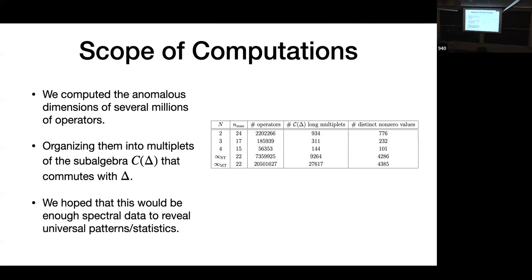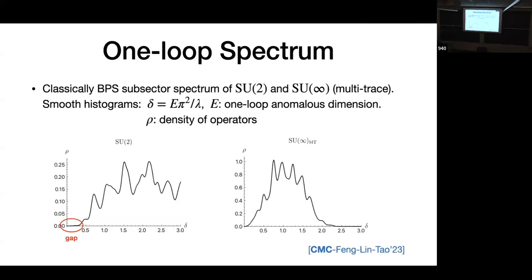What is the infinity ST, infinity M? Oh, that means we take N to infinity. Then that basically means that we only focus on single trace operators, and MD means multi-trace. So we can consider Q acting on the space of all the multi-traces without any trace relation. That gives us this case. And it can also act on the space of only single traces. Then we can try to plot the spectrum we obtain.